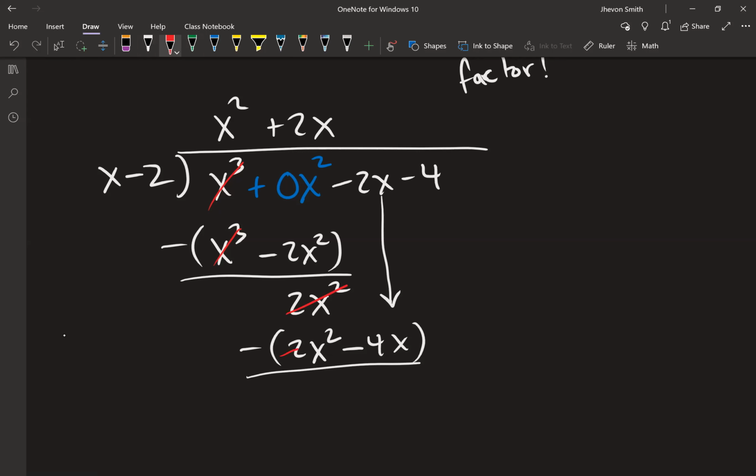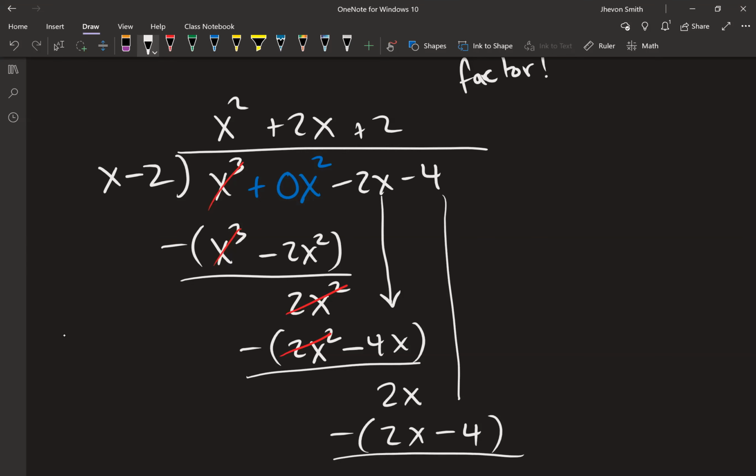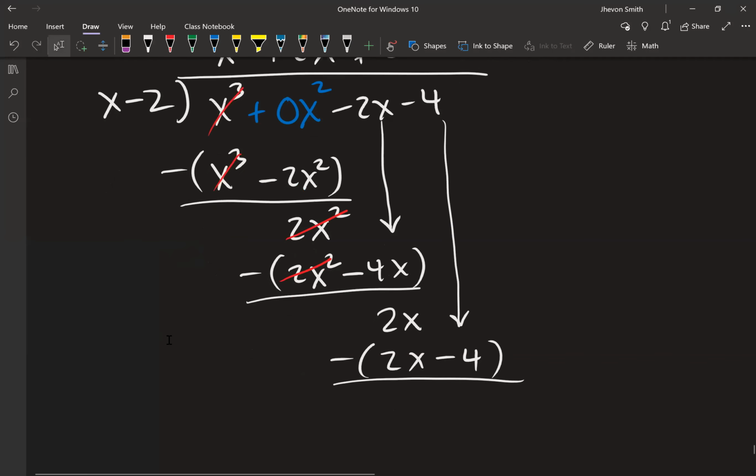So the 2x squares will kill each other. And I would have the minus 2x plus 4x. So that would give me a 2x here. Then I'd say x into that 2x goes plus 2. 2 times this, 2 times x is this, 2 times that is minus 4. Subtract this from the line above. So it's 4 plus 4, and I end up with 0 here, which